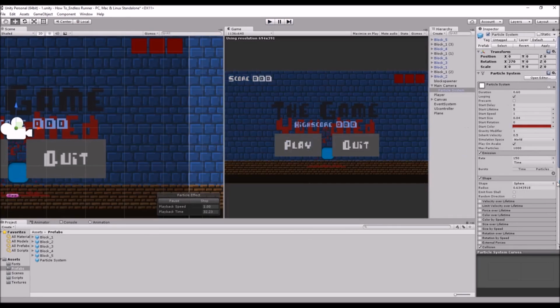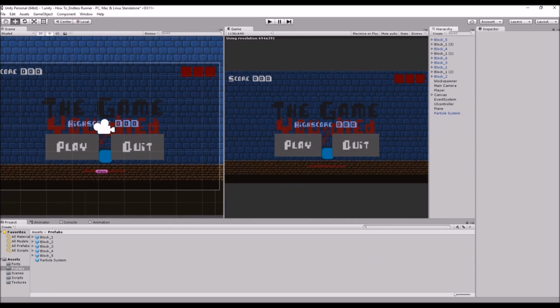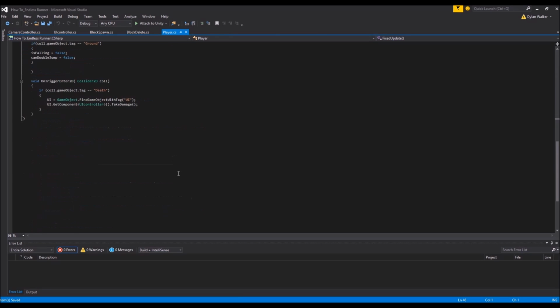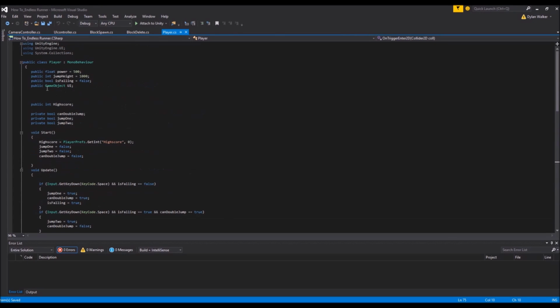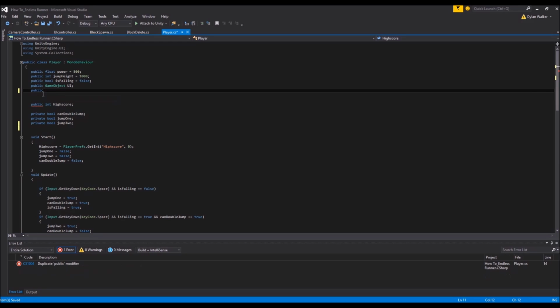Cool. So now that we have that, we still need to control when the blood is shown, and we're going to do that with some scripting. So back into Visual Studio and to our player script, and in here we're just going to need to add some new stuff into our def function. So to begin with, we need to add a new public variable, which will be another game object, and this will just be storing our particle system. So we'll just call it blood,